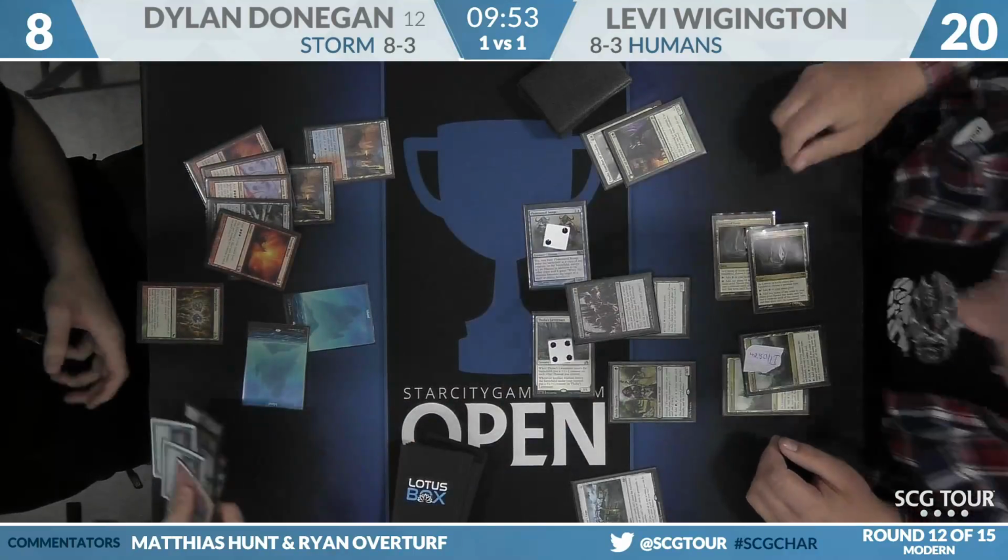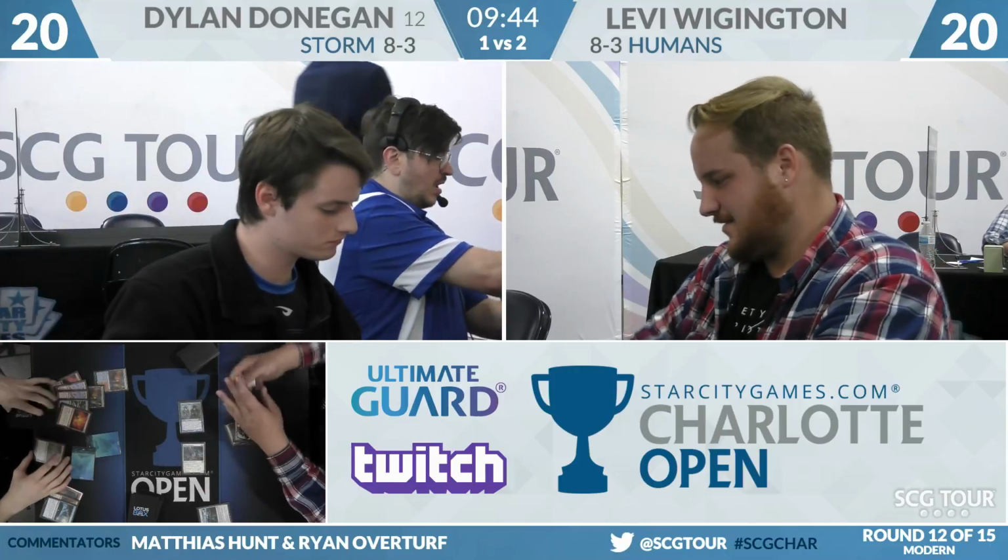Manamorphose from Dylan, but his hand is 4 rituals. That's not going to do it. And it's certainly not going to do it against Levi's Ravenous Trap. And Levi Wigington improves to 9 and 3, stays in contention here with Humans. Yeah, Donegan not able to do it. Had he found that Lightning Bolt earlier, could have used Lightning Bolt on the